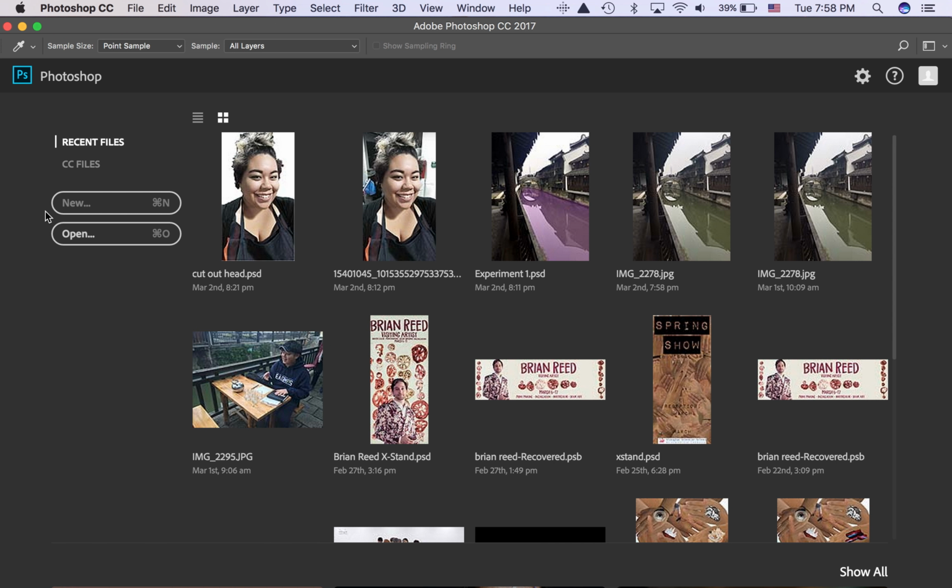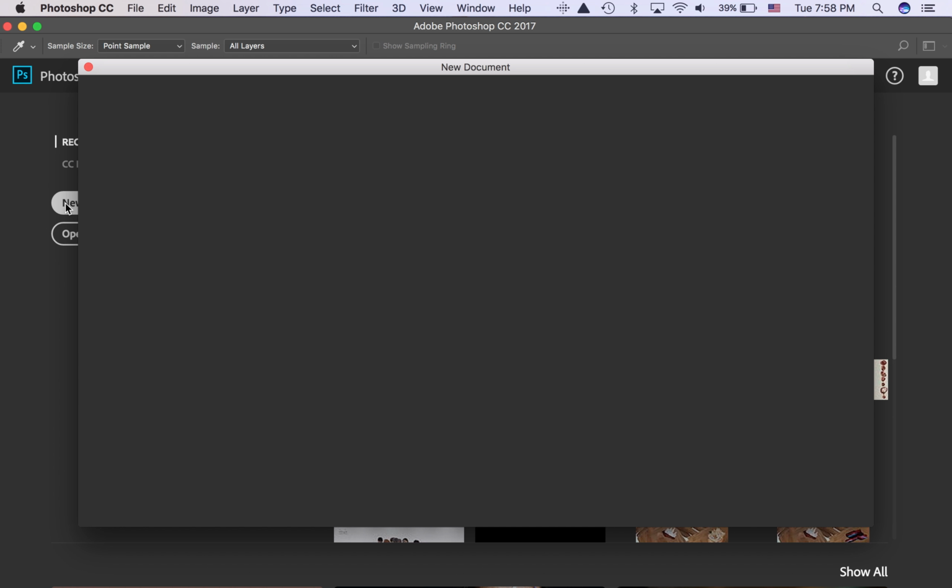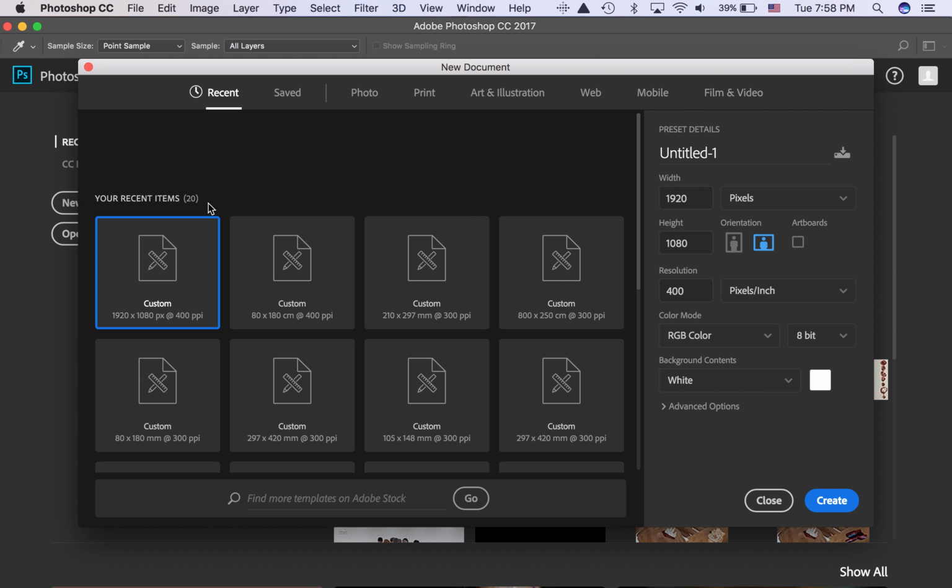So the very first thing after we open Photoshop is we're going to hit New File or Command N, to make a new document. Now, I already have all of my presets set for animation. However, you need to make sure yours are always the right ones every time you open, because sometimes Photoshop can be weird and not save the settings that you put in